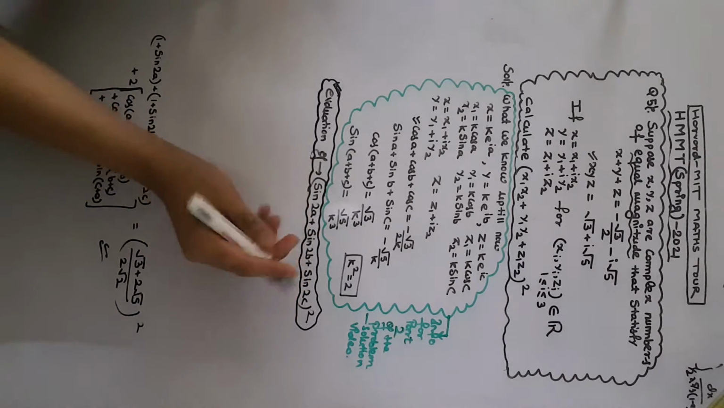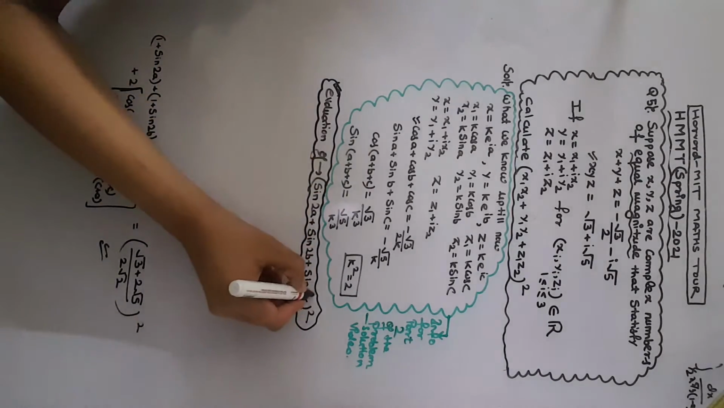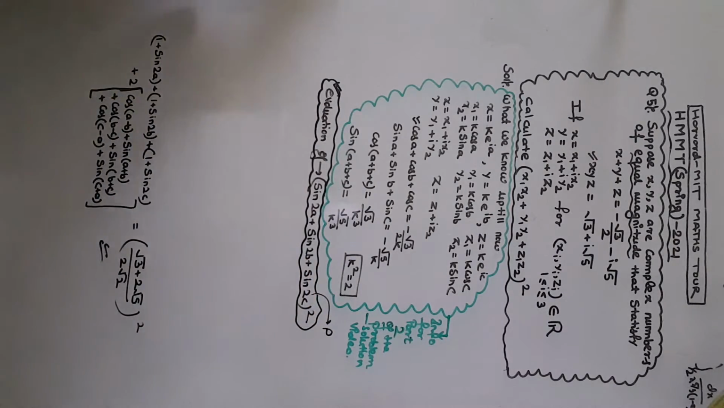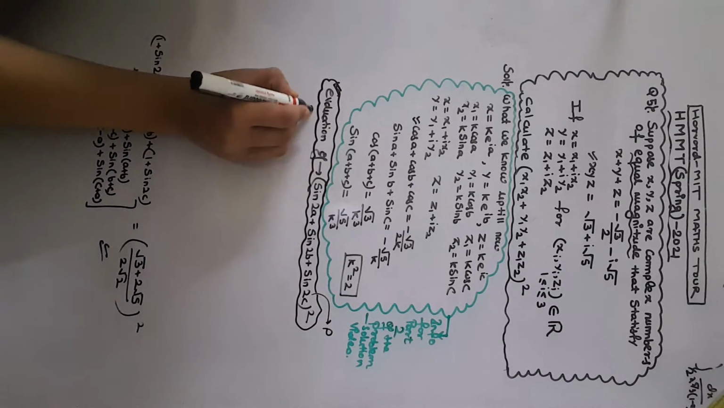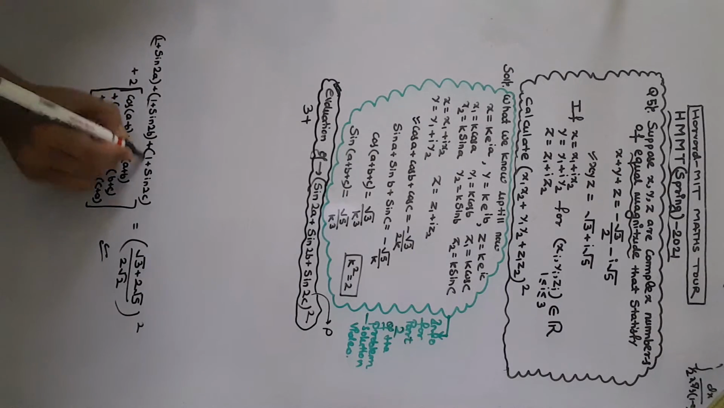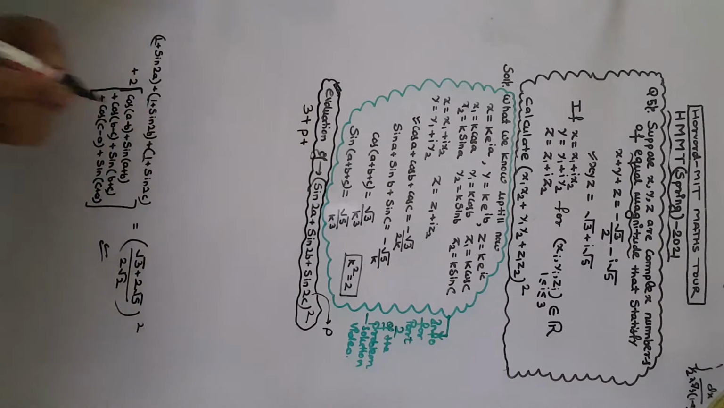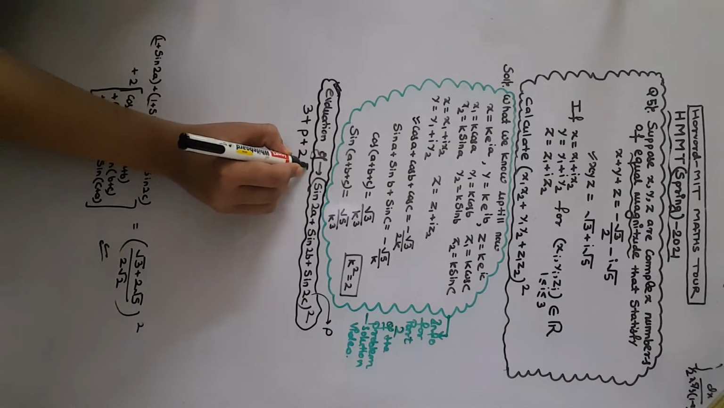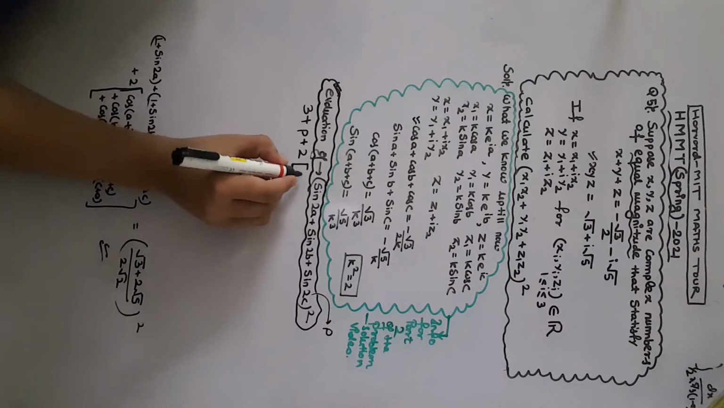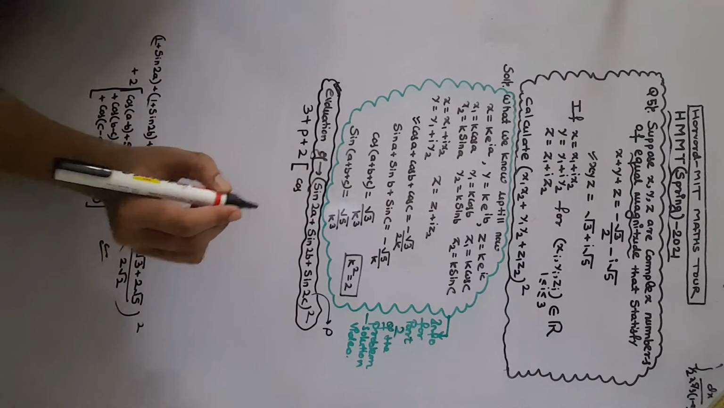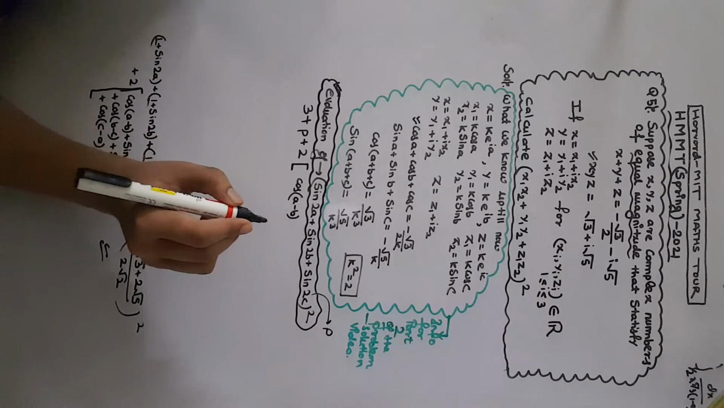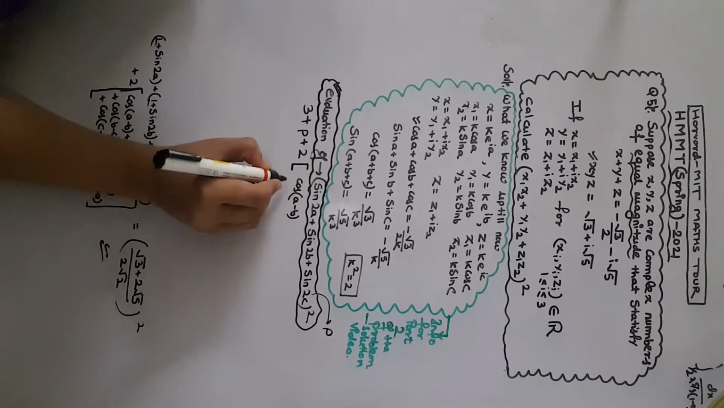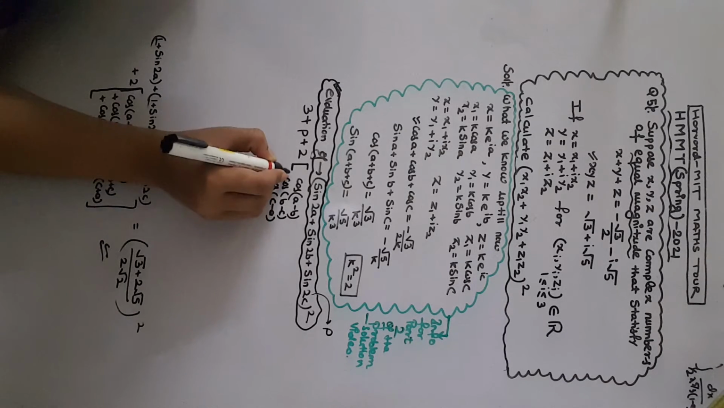Now we also need to take this that sine 2A plus sine 2B plus sine 2C is being considered P. If we consider this as P, we can shorten this equation as 3 plus P plus 2 times cos of A minus B plus cos of B minus C plus cos of C minus A